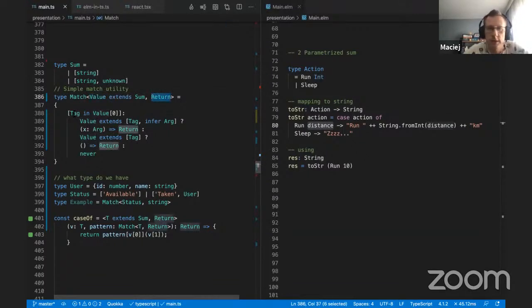And what it does, it goes through our value's first element, and our value's first element is really a tag. That's why I name it tag. And this is really, let's say, like a for in loop. This can be understood like that. So this is a for in loop where we say that let's go through all elements, all tags of our union,